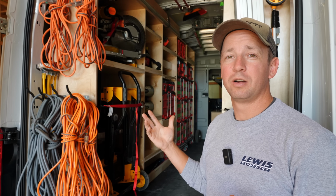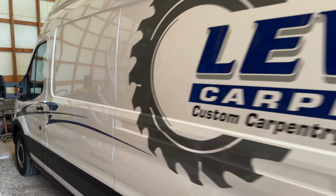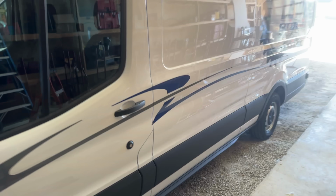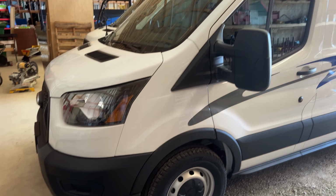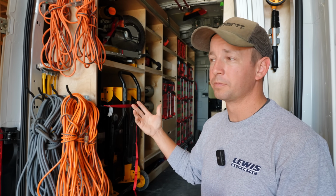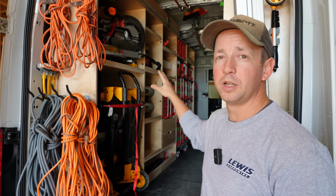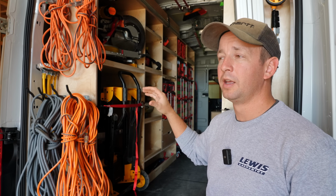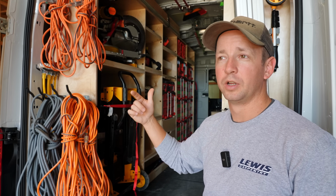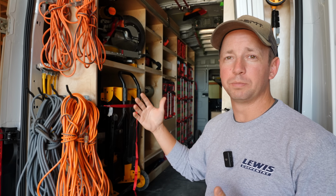Is it really necessary to go new with purchasing the van? Well, here's the thing. My original work van that I purchased almost 10 years ago now is still on the road today, and it's still got years left in its life cycle. So that's a 10-year investment. I bought that one brand new. Now, when you consider it's going to take you a couple weeks and a lot of money to put the shelves in and stuff like that, it does not make sense to be switching work vehicles every few years. You want to keep something for a long time, and that's part of why my philosophy has been to buy